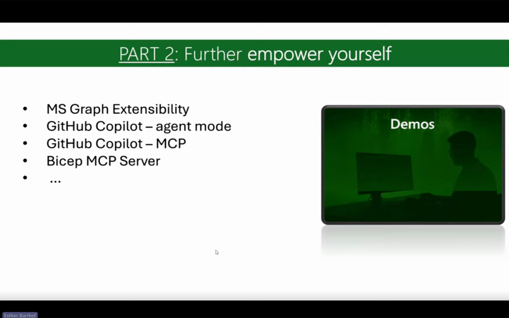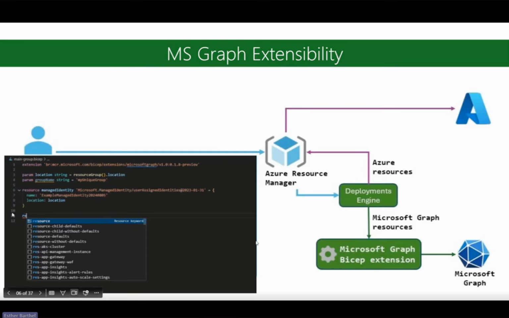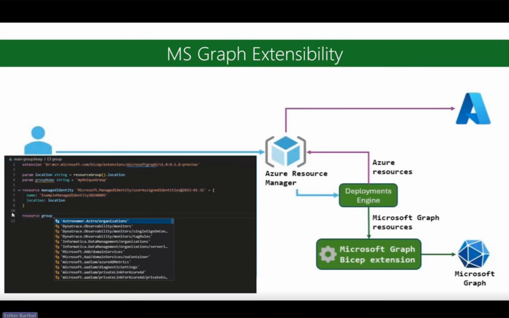So yes, I figured I also needed to spend some time to explore the GitHub Copilot functionality. So this part will focus a bit more on how you can get the most out of your Visual Studio Code experience and use the different opportunities that are out there. For instance, with Windows 365, we also get to dab into the Microsoft Graph extensibility options that you have within Bicep.